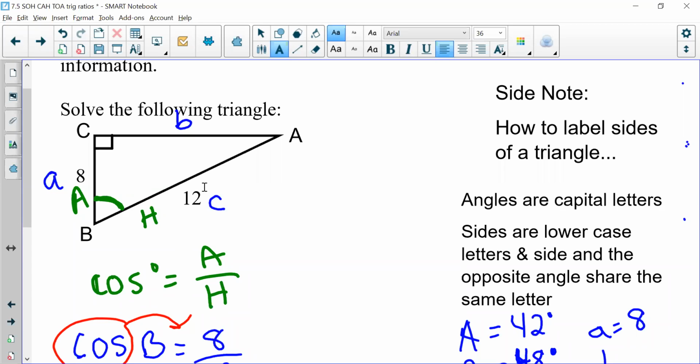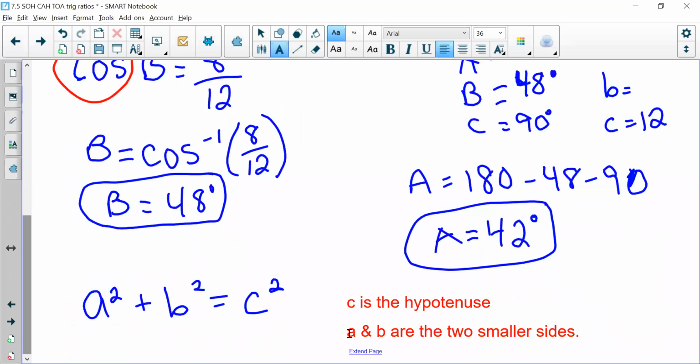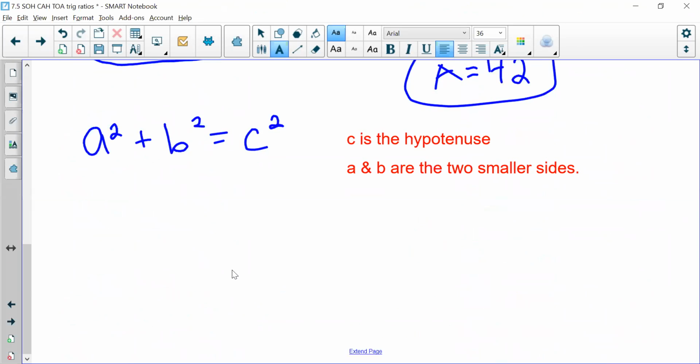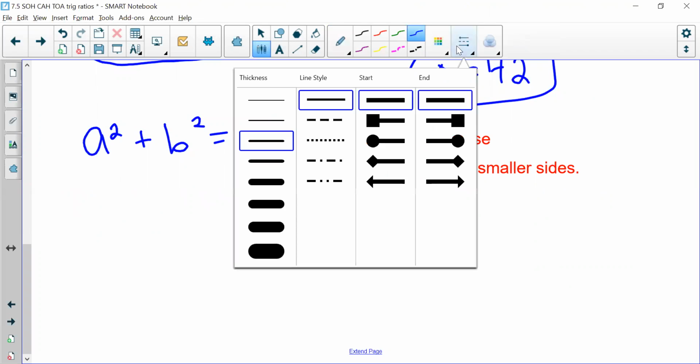But look at this one, Lauren. What's this one here? That's my long side, right? 8 and something. Write 8 squared plus b squared equals 12 squared and then figure it out. Perfect. Yes, so I'm going to write 8 squared